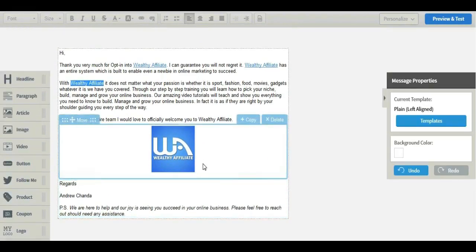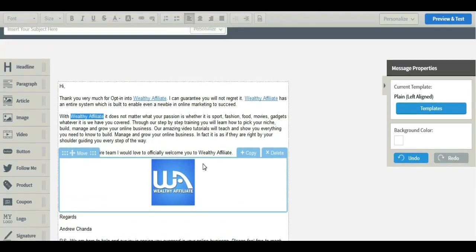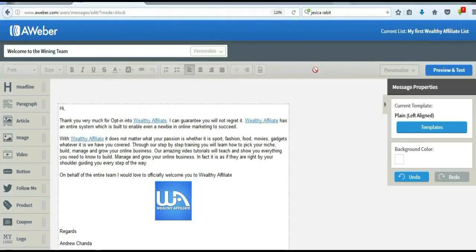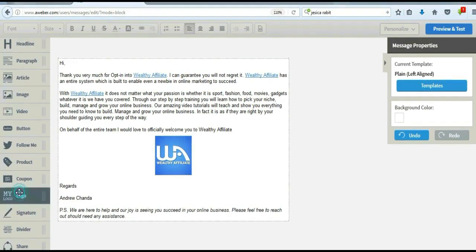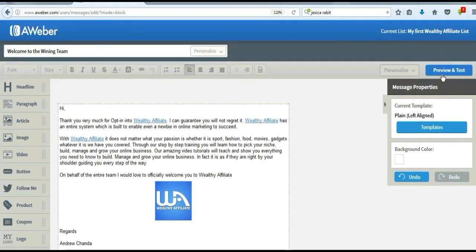Then the other nice thing you want to do is send yourself a test. The other thing I want to mention is that in the drag and drop style of emails, you can add your logo. All you do is drag it and drop it. You can add a coupon if you're promoting something, for instance, if you buy a certain amount, you get a reduced price. You can also add a social media link like Facebook, Twitter, and you can also add a video to the actual email. But for keeping ours very simple, after you think you have made it, you go to preview and test,